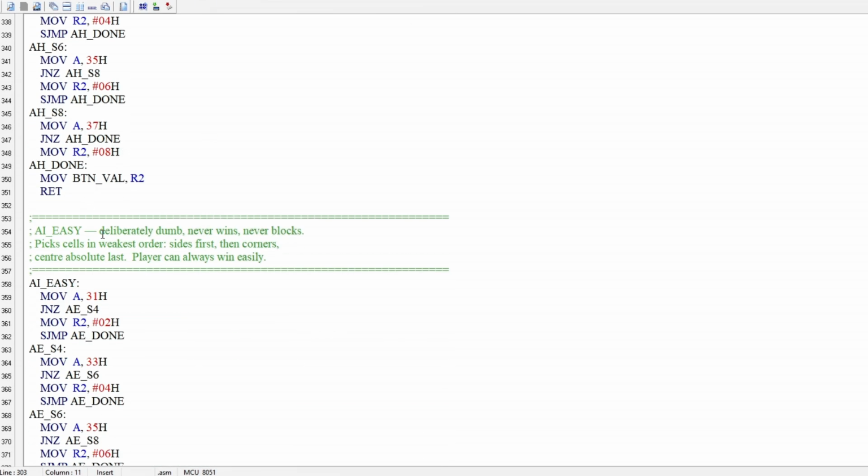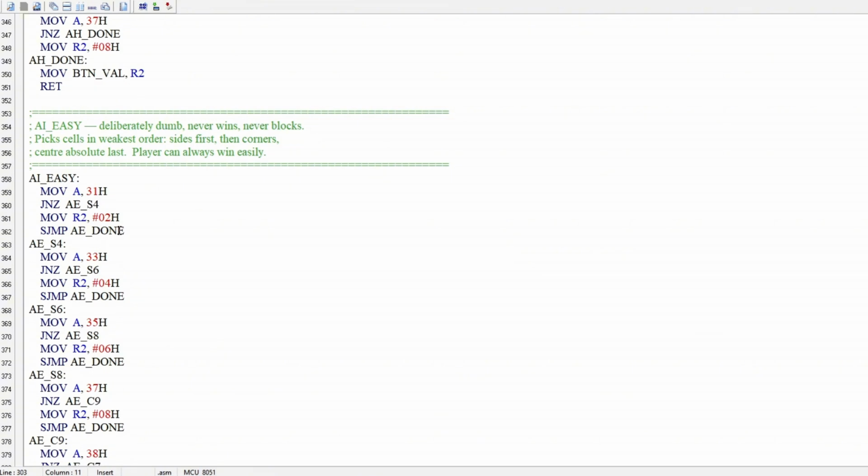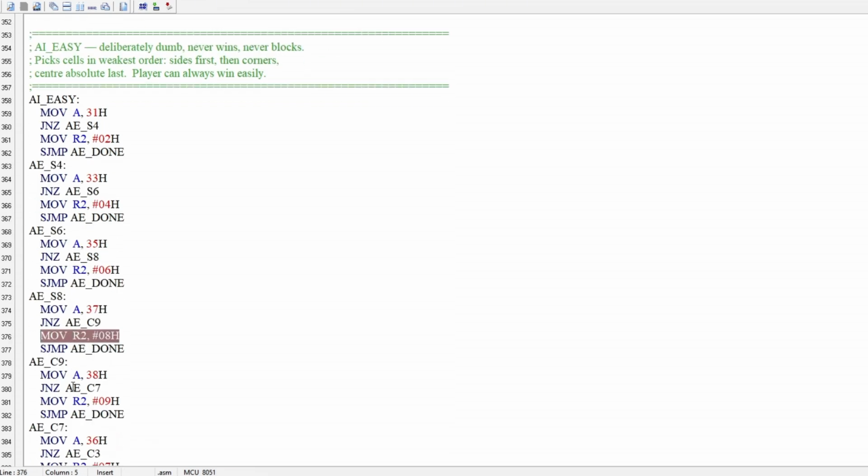For easy difficulty, the AI is deliberately dumb, and we can see that it deliberately puts zeros at random position, like in the worst way possible. It tries to put values on the sides first, like 02, 04, or 06, 08, very random values,